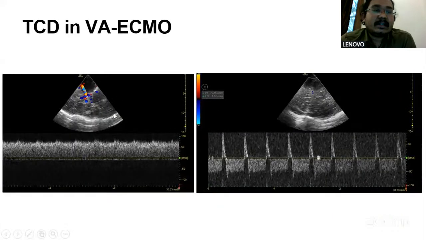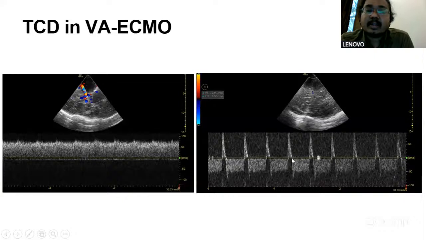What happened in VA-ECMO is that initially the contractility of the heart is very low, so we got a waveform without any pulsatility. It is a uniform waveform. Unfortunately, in this case there was cerebral edema when the heart's contractility improved. There was an increase in cerebral edema, which led to pulsatility of the waveforms and there is